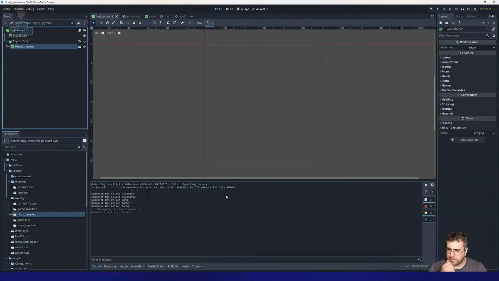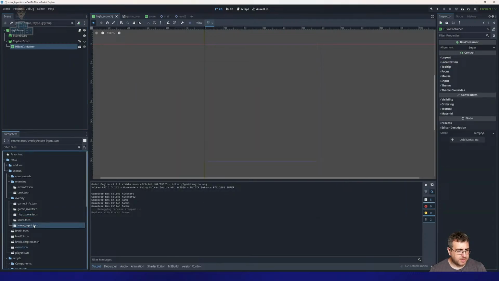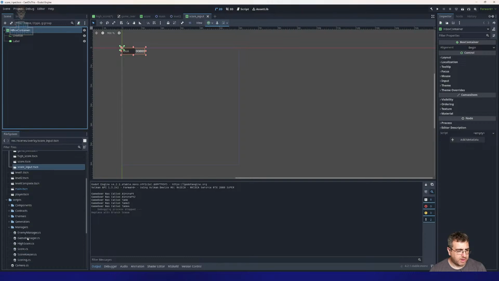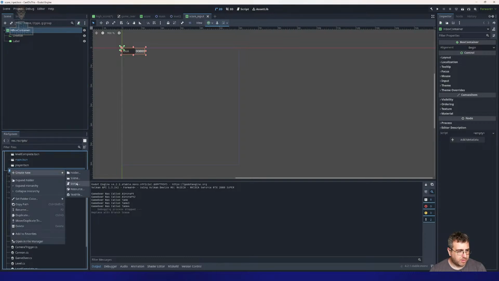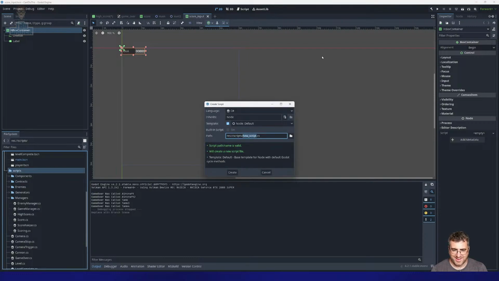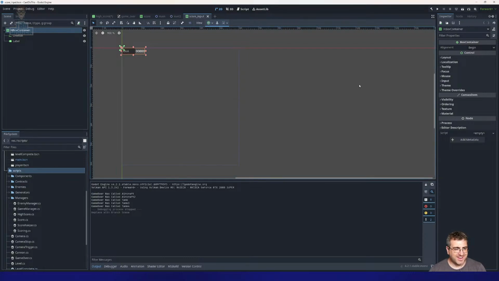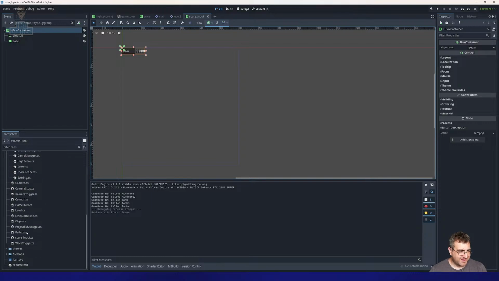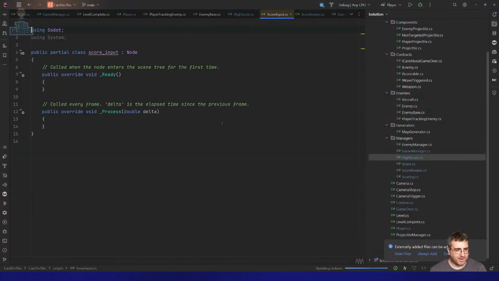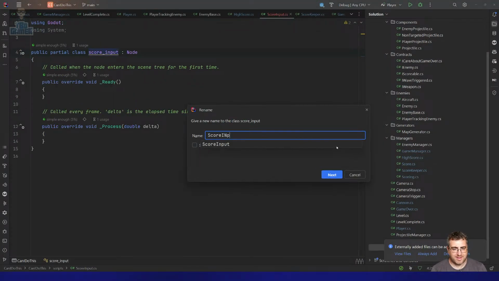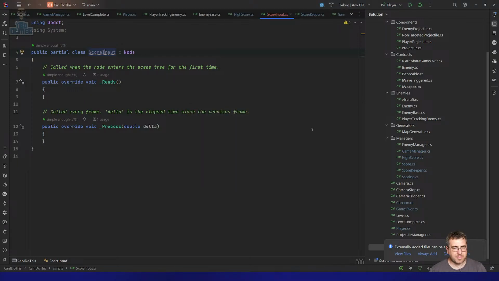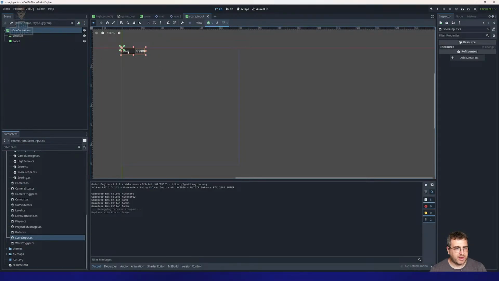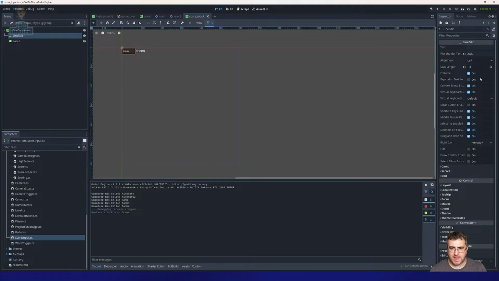Score input. Okay, so with this, now I can create a script for it. Let's just whack it out. Oh, dude. Oh my goodness me. Score input does this. Just do the right thing. So what I'm trying to capture here now is I need to get the line edit, and when I type in something in the line edit, those initials,